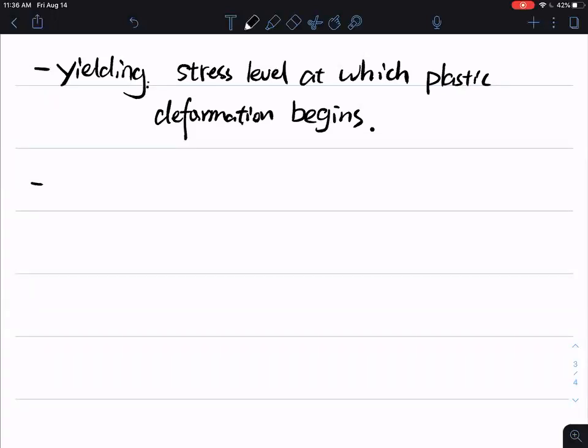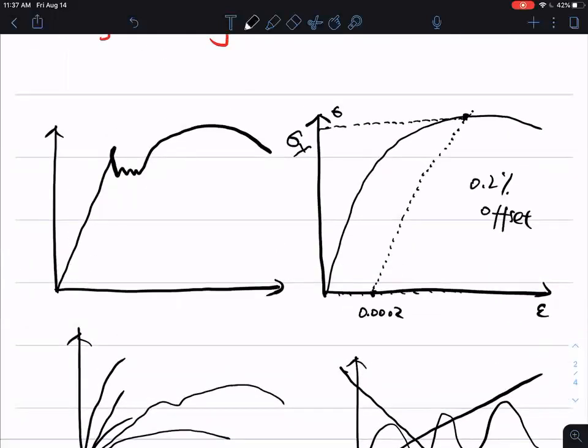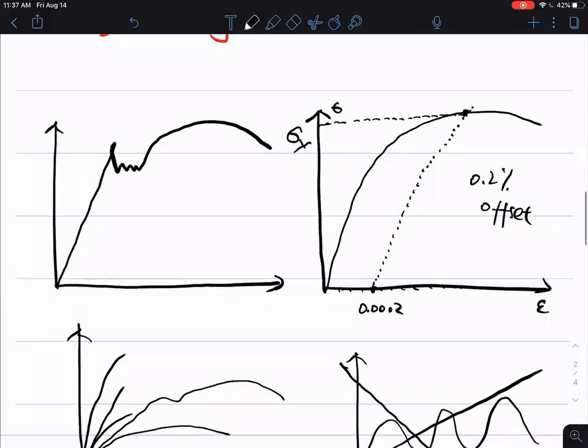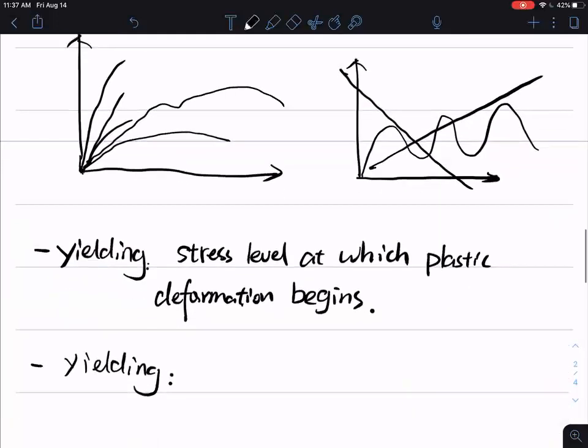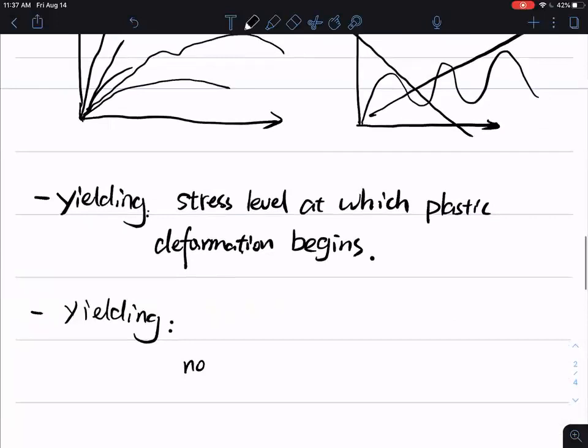And for yielding strengths, we just explained, it's a starting point. It's right at that point where this region starts, and that yielding point can be difficult to determine. We mentioned if you have those two different cases, you can have different methods to determine the yielding strengths. And it's pretty hard to determine in reality. Sometimes a lot of materials don't really have a point that you can just read off from the diagram. So for nonlinear